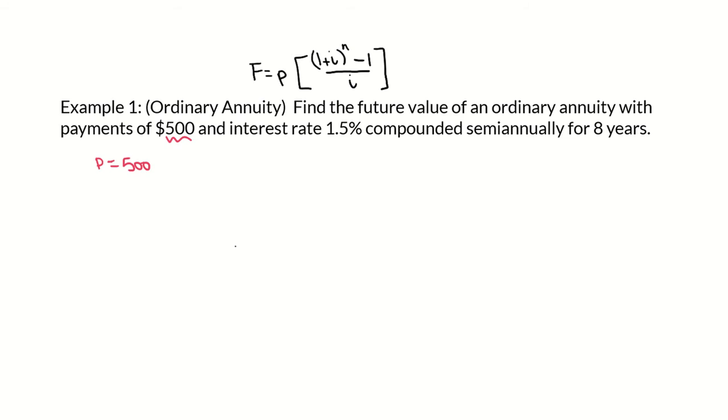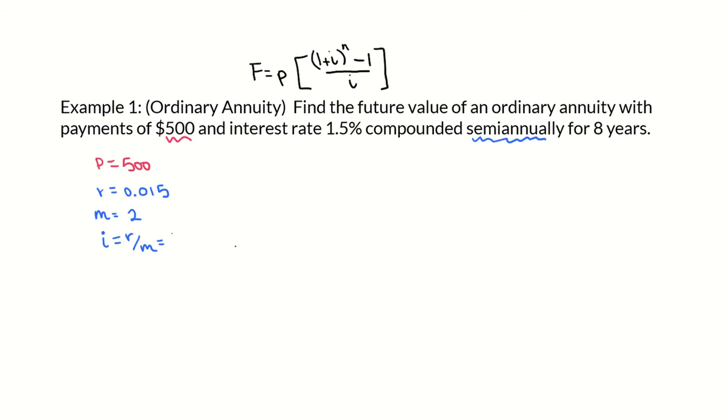The rate r is 1.5%, changed to a decimal is 0.015. And the number of compounding periods per year is semi-annually, so that's twice per year, so m is 2, which means that the rate per period, i, which is r over m,